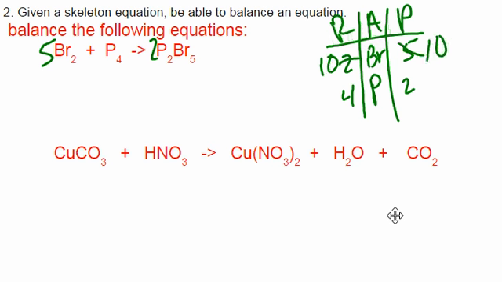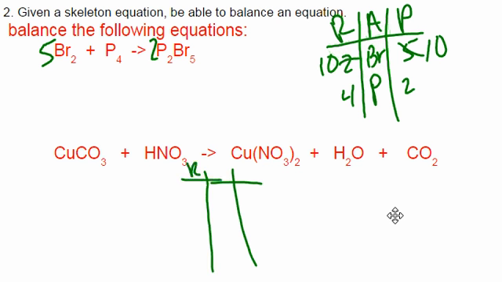And then conveniently enough, 2 times 2 also gives me 4 phosphorus, and this is balanced. And that's really what balancing is about: come up with the least common multiple between your coefficients and your subscripts. My second one, if I use a rap sheet for this